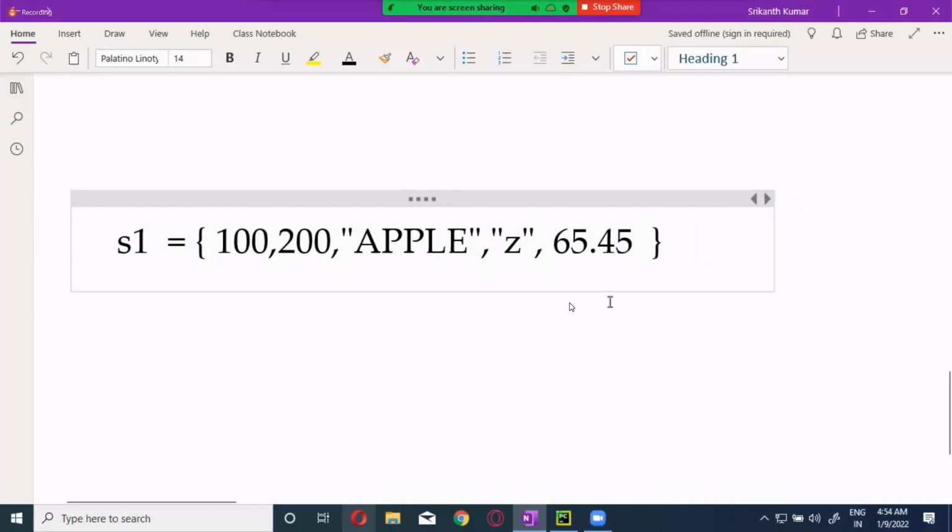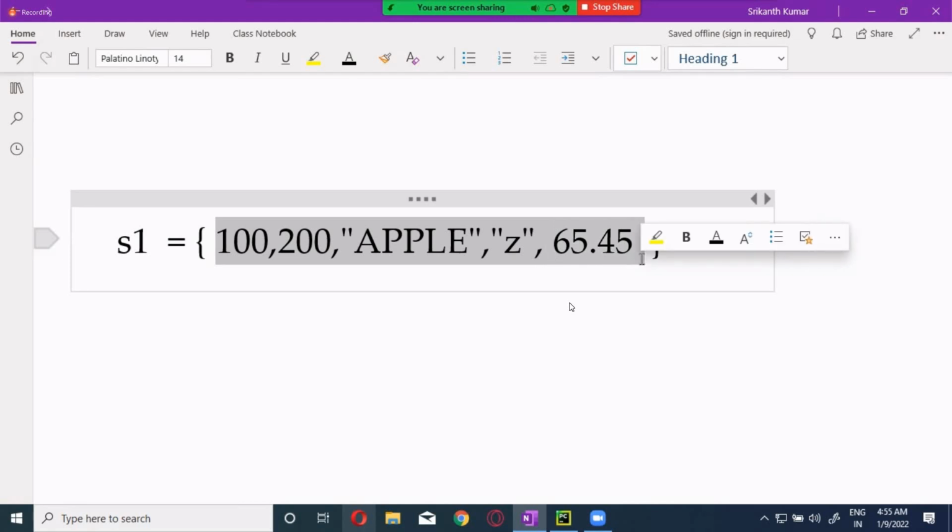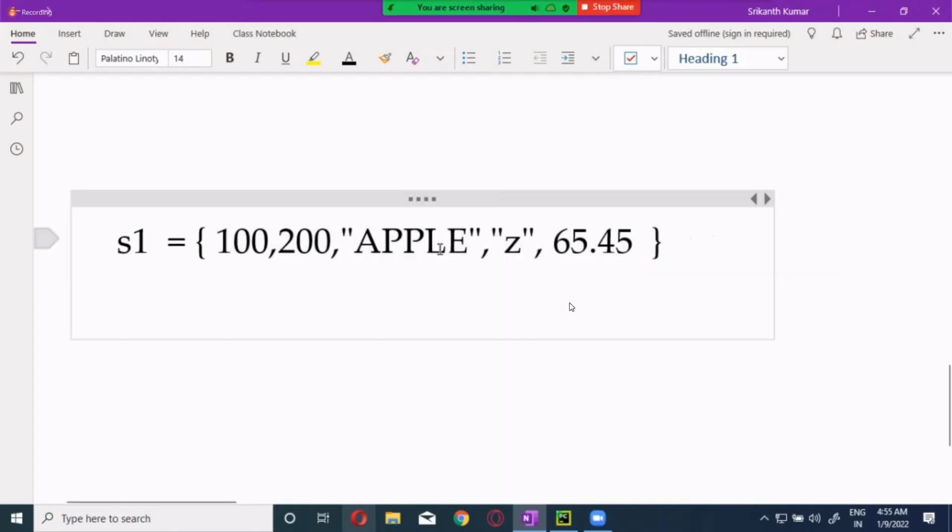The order which we gave over here will not be preserved. It will change the order according to its own mechanism. Again, it will behave differently in different scenarios. Don't waste your time understanding the mechanism behind that. Never. So this is a set.